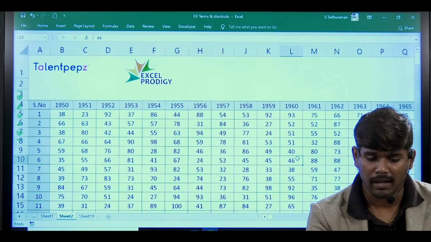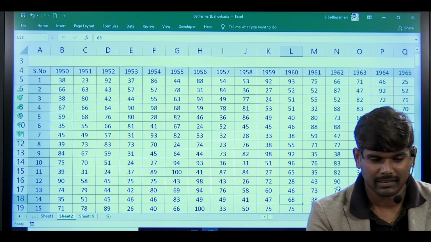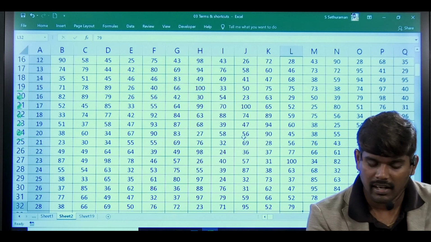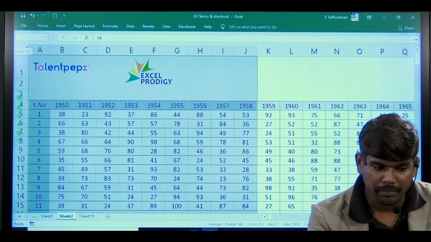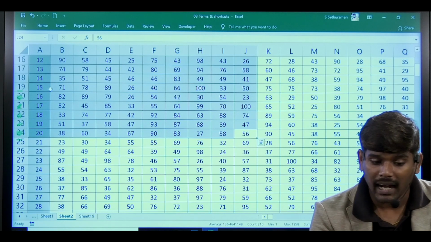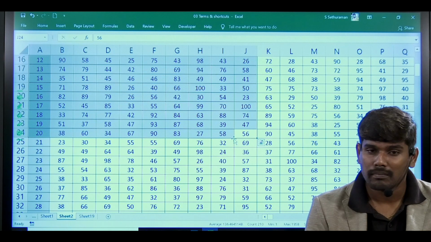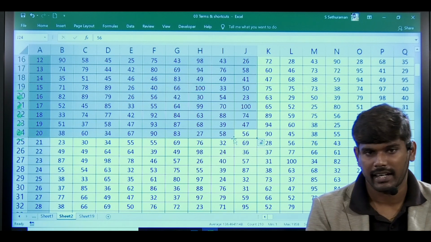Some people have a habit. They will select from the bottom. Yes, right? Because habits, we can't do anything, right? I can select from this particular cell. Now if I press Control Backspace, what will happen? It will go to my active cell. So Control Backspace is the first or active cell of your data.